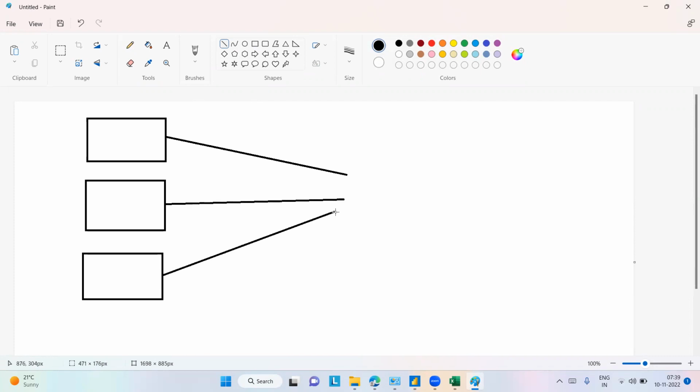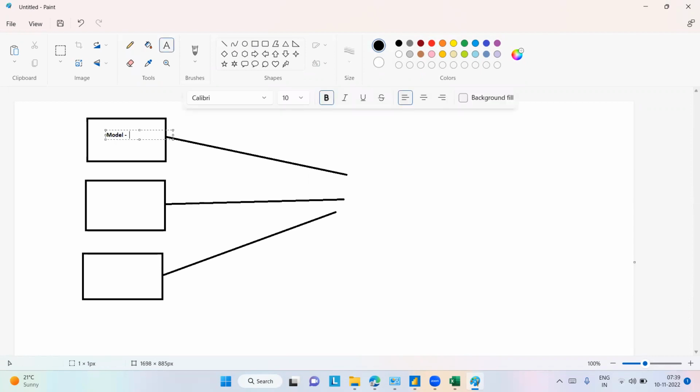So by combining all these three makes it Power BI. So here, in the model section, we can create the tables, relationships,